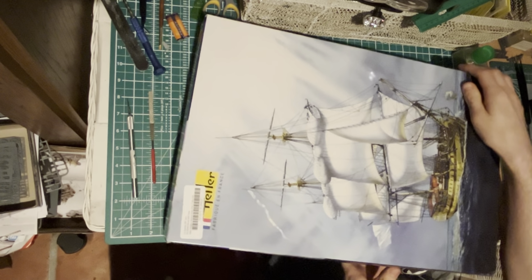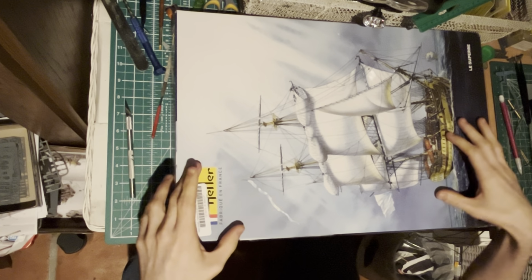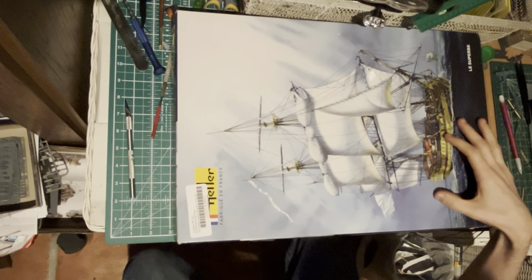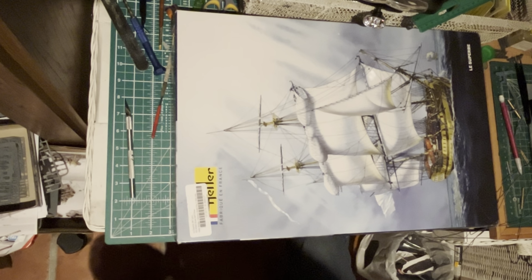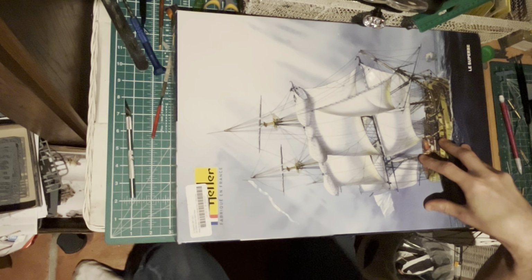So, we have a very big box. Doesn't even want to spin on my desk. Of course, we have the Le Superbe of the Temeraire class 74s. I started looking up the history of this class, and let me tell you, this is one big class of ships. I think it was one of the most numerous classes that the French ever designed. I think 120 were designed, and of that, 113 were built. This is a 1 in 150 scale kit, and it comes